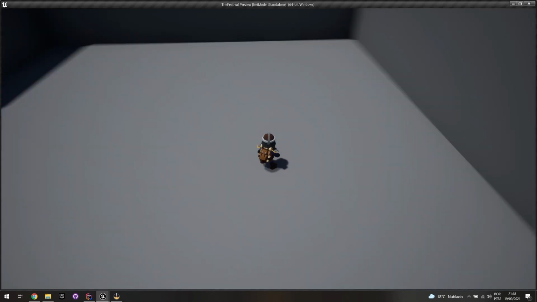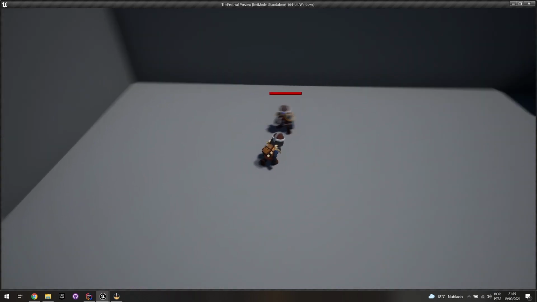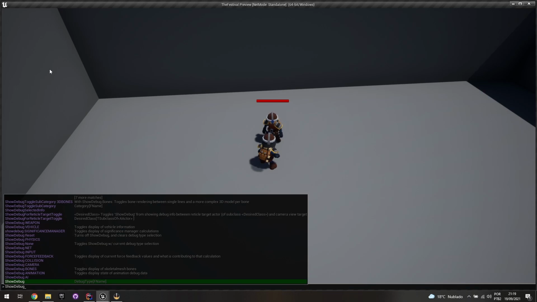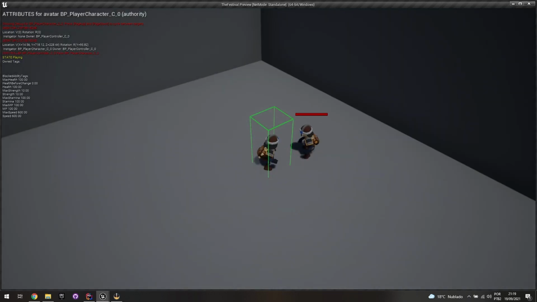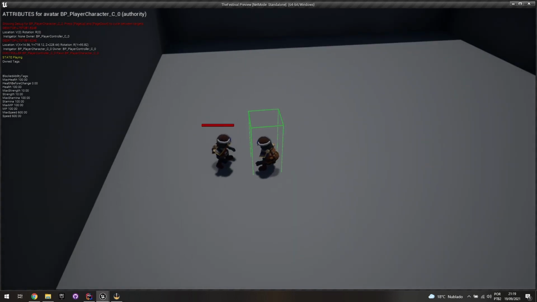So, I can see that I'm going to spawn an enemy real quick here, just so you can see that right now, and I'm going to show my debug, show debug ability system. So in the console command, you can see that my max health is 100. My health before change is 0 because I haven't changed my health anywhere. My max strength is 10. So focus on these side values, which is basically the strength, the stamina, the MP, which is magic points, and